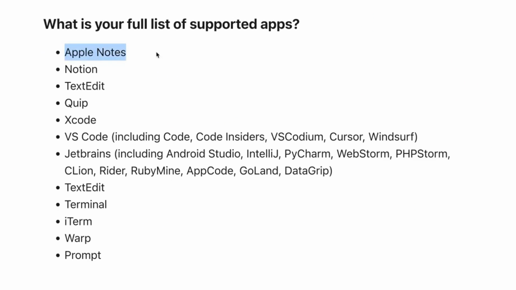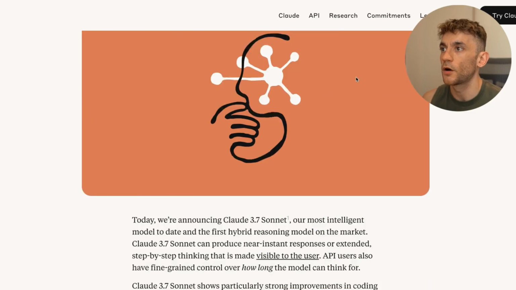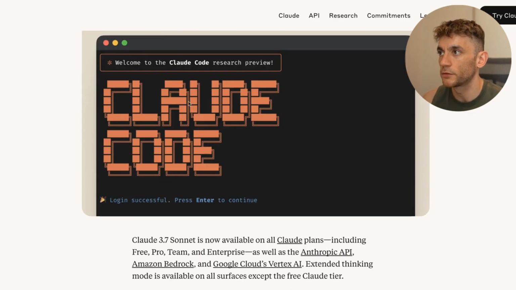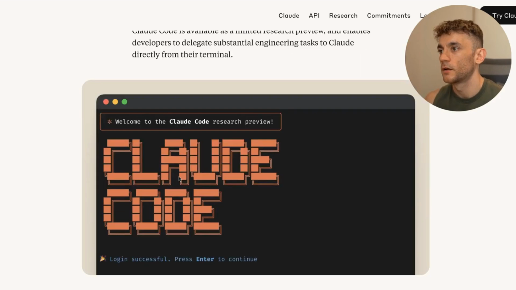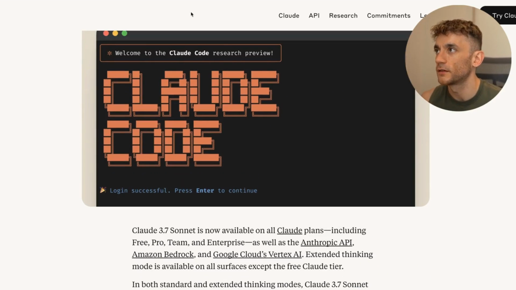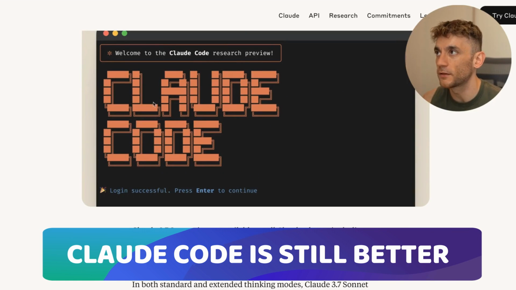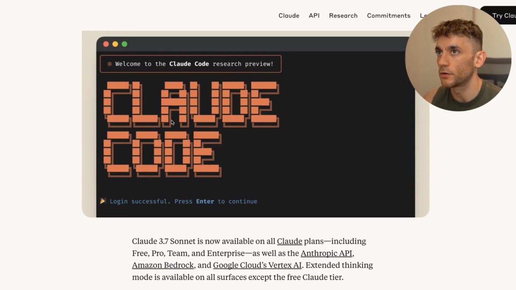So it doesn't just work with coding as well, it also works with text editing apps. For example, it works with Apple Notes, Notion, TextEdit, Quip, Xcode, VS Code, including Code Insiders, VSCodium, Cursor, and Windsurf, JetBrains, TextEdit, Terminal, iTerm, Warp, and apps like Claude Code, which was just announced recently. This runs locally as well inside your terminal, so it's very similar in that way. Honestly, from what I've seen, I would say Claude Code is still better. But if you don't pay for Claude, if you're not on the Pro subscription, then ChatGPT might be a better